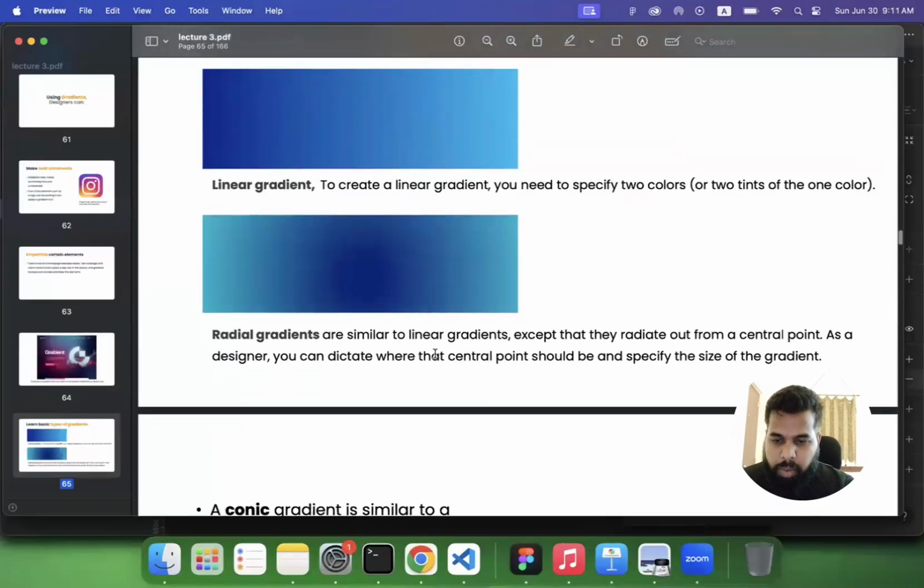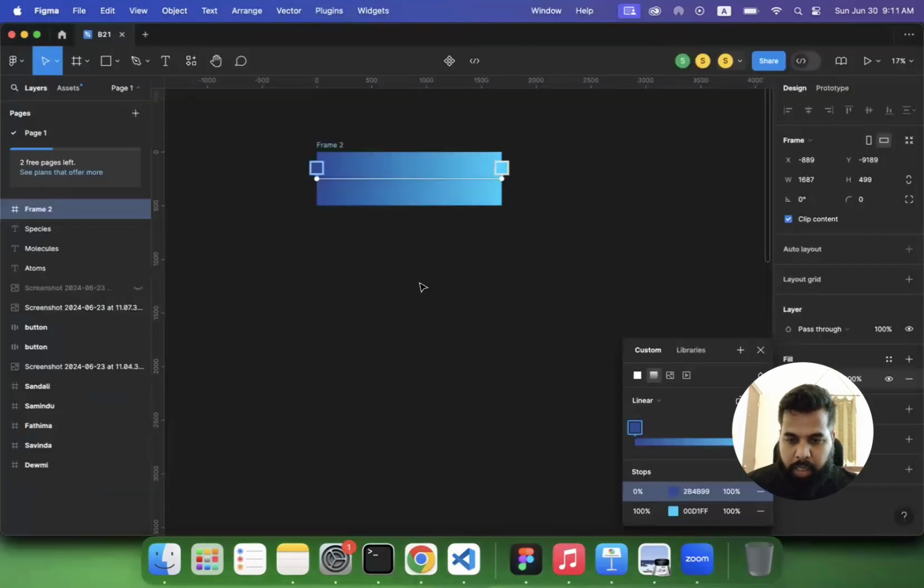All right, then we have radial gradients. Radial gradients are similar to linear gradients, except they radiate out from a central point. As a designer, you can dictate where the central point should be and specify the size of the gradient. So if I want to create a